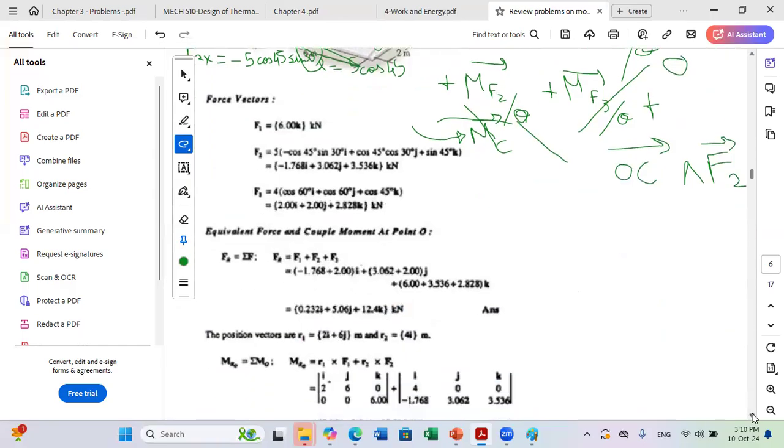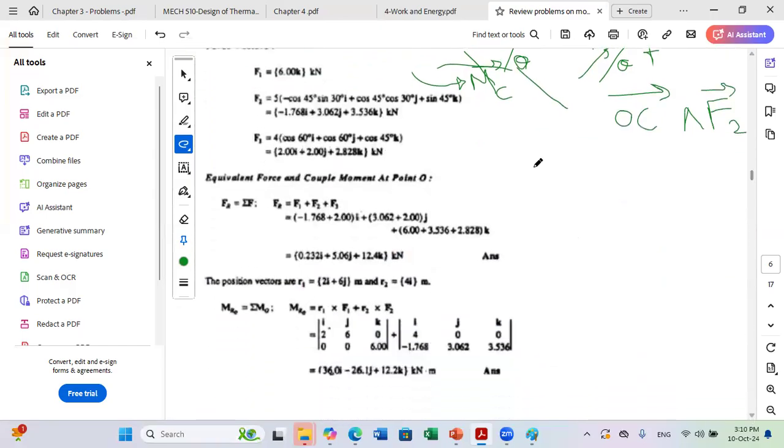Any question on this? Here, instead of using the right-hand rule, they used the vectorial product for both F1 and F2. It's right, you can do this, okay? So you can do whatever you want. All methods are right. You can use the right-hand rule, you can use the cross product,